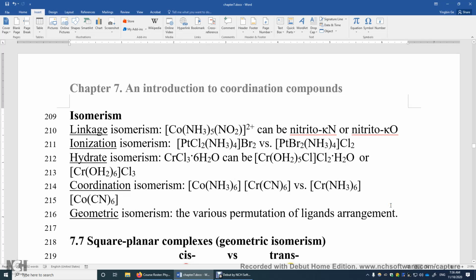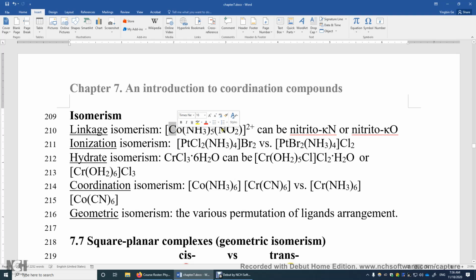In the next few sections, I will talk about isomerism in transition metal complexes. There are different types of isomerism. First, linkage isomerism. Over here you have a nitrito ligand bonded to copper, but the bond can be formed between